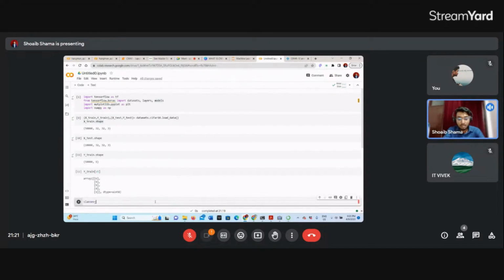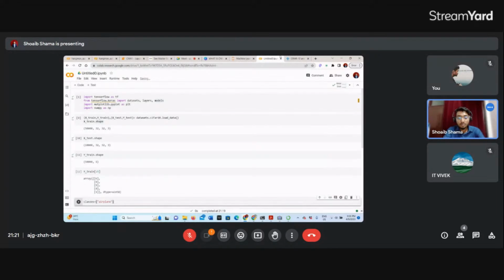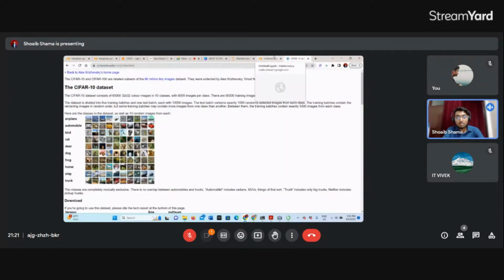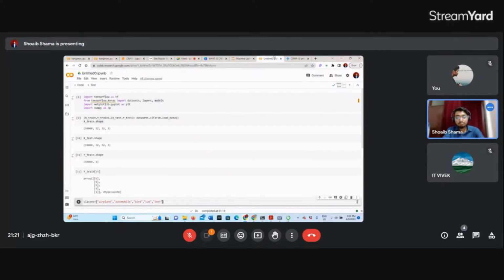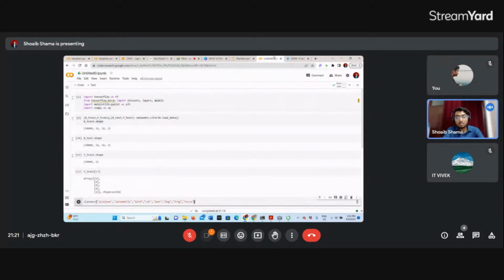Classes जो हैं आपकी it's something like this: first your airplane, automobile, bird, cat, then deer, dog, frog, horse, sheep, and truck.